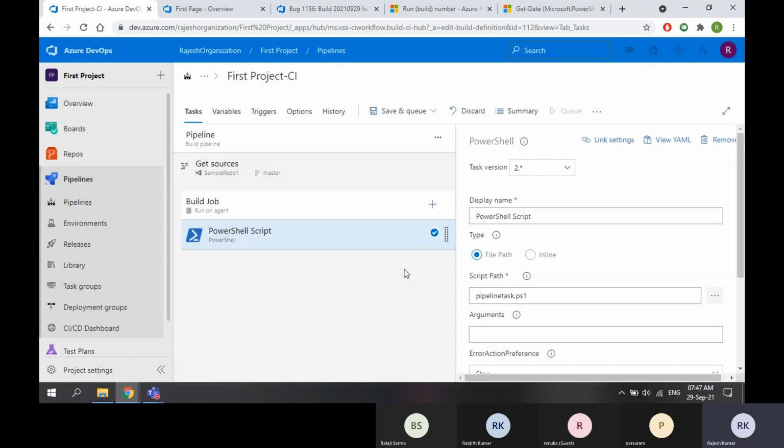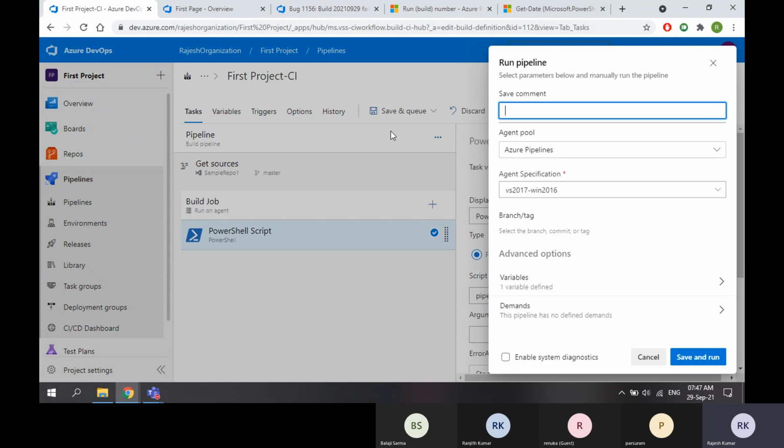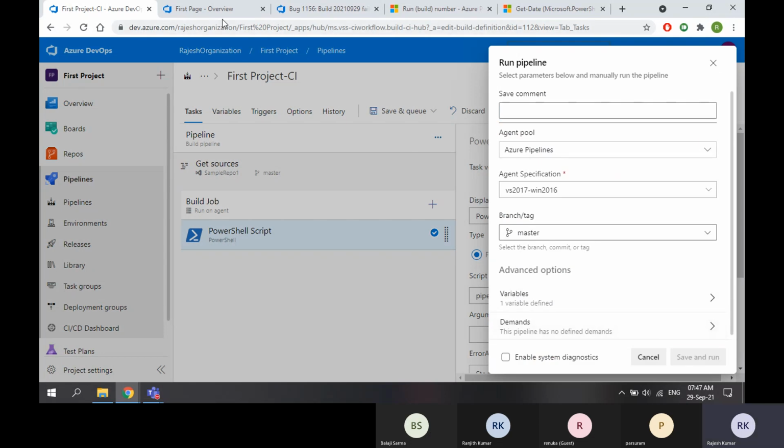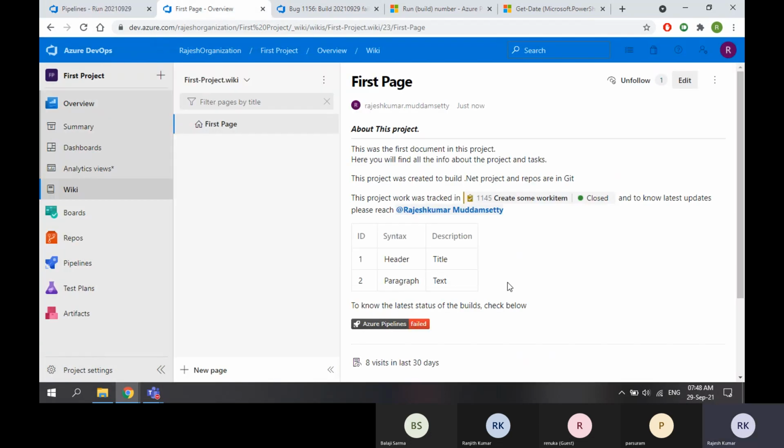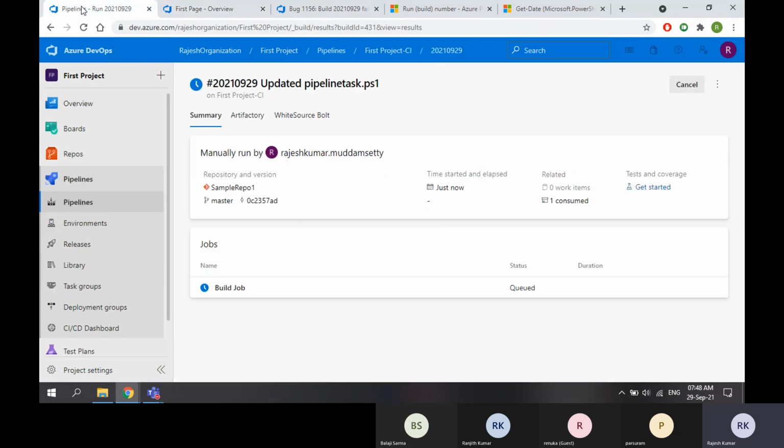Now I select PowerShell script, save and queue, save and run, keep it. Now be on the wiki page. Let's see what happens. Now this is failed because the recent run got failed. Now what about the recent run? Obviously this will succeed.